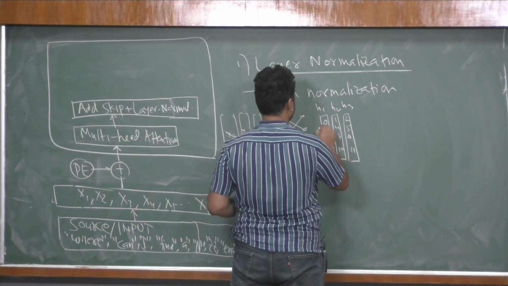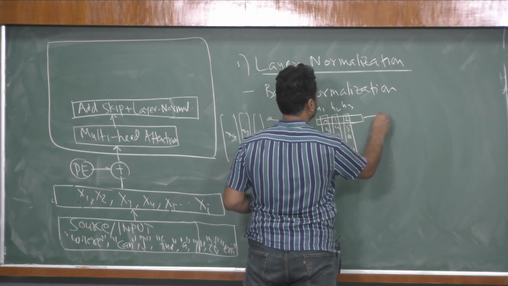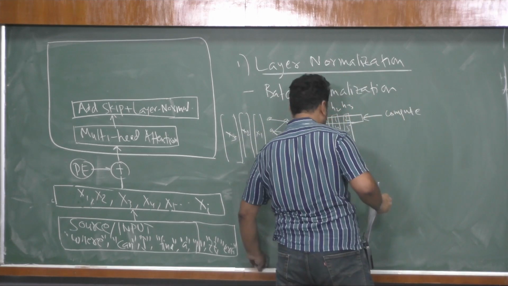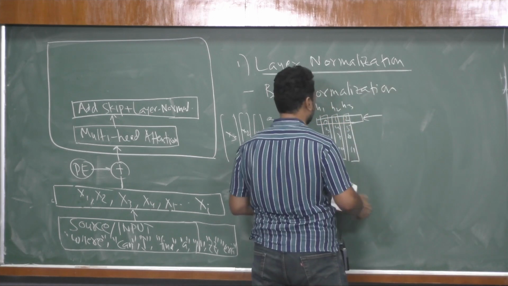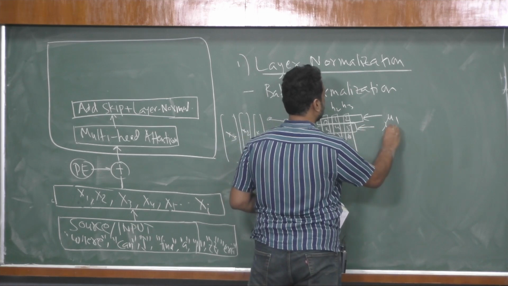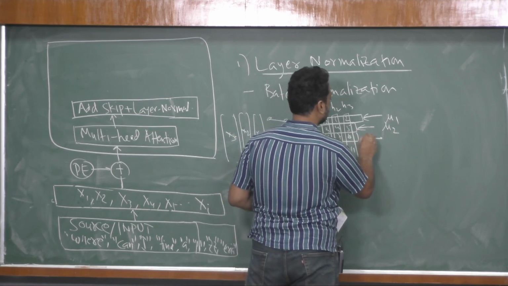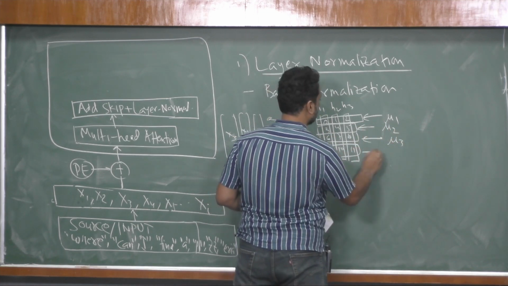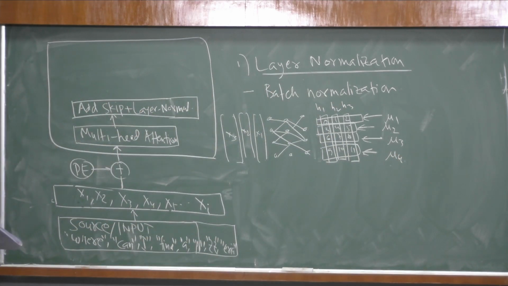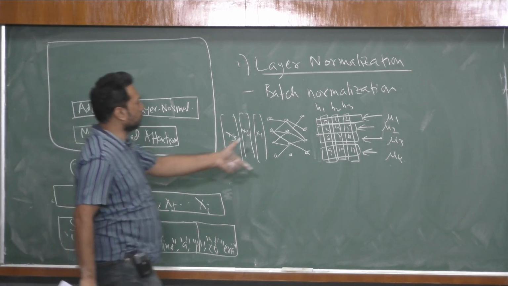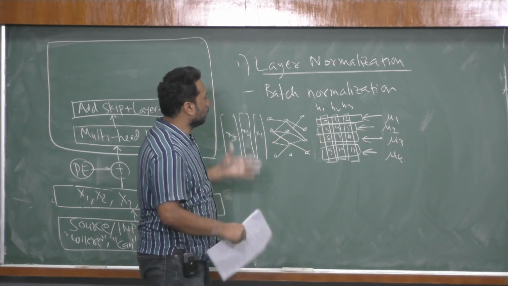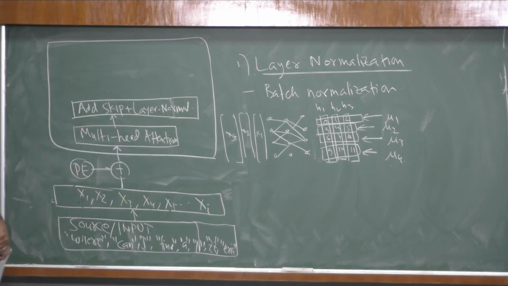The batch normalization means that you compute the mean across the batches. So compute means. So basically, let me say this is like mu1 across this, and then the mean of this is mu2, mean of this is mu3, mean of this is mu4. So basically, in this case, what is happening is that I will wait for the 3 outputs to come. So the output from sample 1 is h1, sample 2 is h2. So basically, the whole batch output I will wait, and then once I have the outputs from 3 samples,